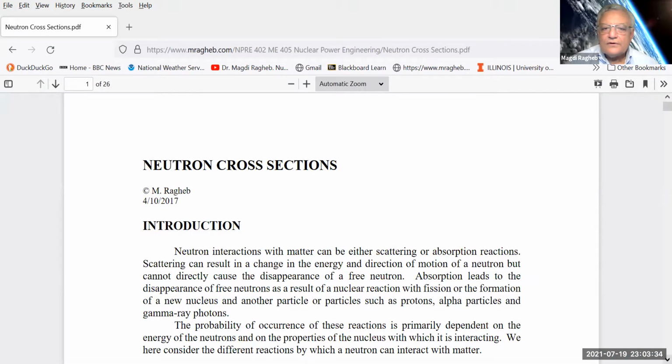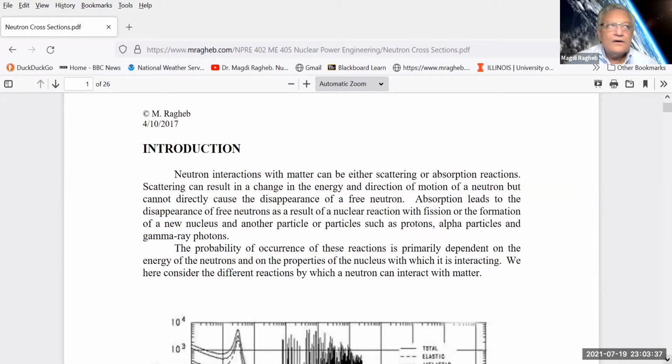Neutrons' interaction with matter can either be scattering or absorption reactions. Remember, neutrons do not interact with the electronic cloud, so it is not atomic interactions. A neutron interacts directly with the nucleus. And we know that the nucleus carries most of the mass of the atom. The electrons are 1/800th the mass of the hydrogen atom. So you can see that the mass of all the atoms around us is really concentrated in the nucleus. So neutrons do not see the negative electronic cloud around the nucleus in the atom,